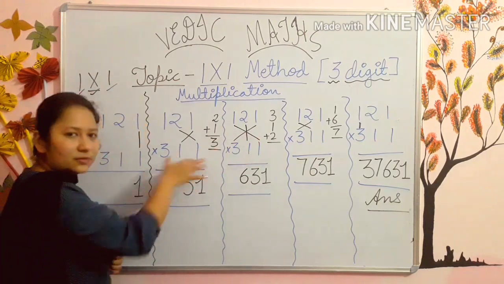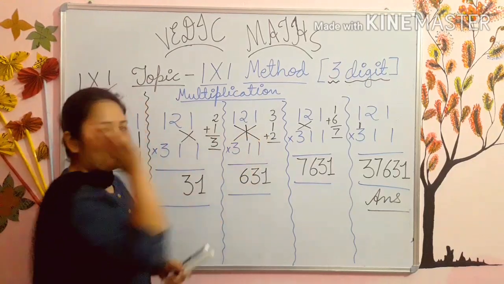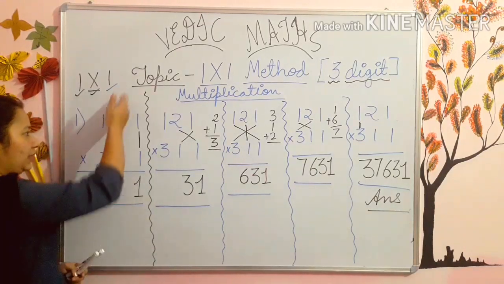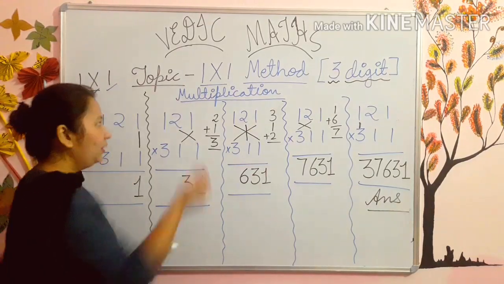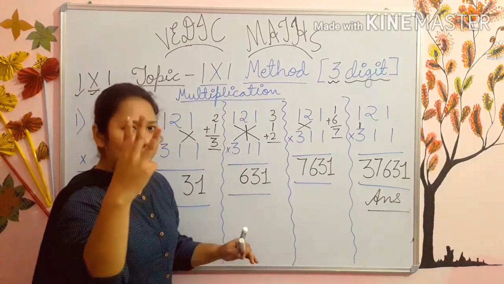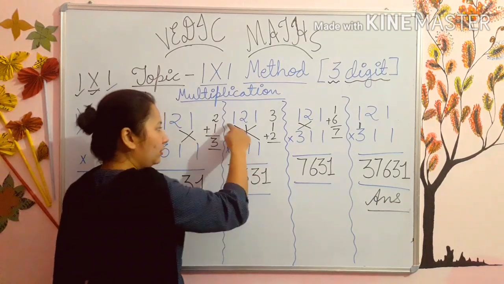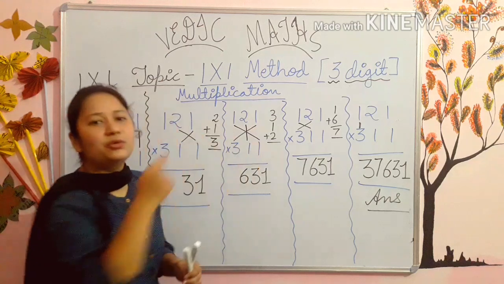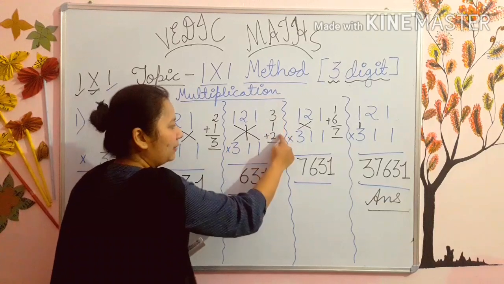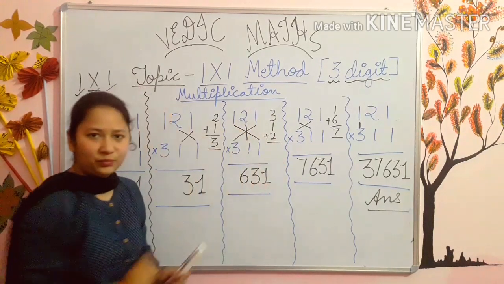Then after cross, what will you do? Again one more cross. One more cross means you have to take all the 3 digits this time. First of all, you have taken only one line. Secondly, you have taken 2 lines. Now you will take 3 lines. Kids, see this? 3 means how? This and the middle one also you have to multiply. And after multiplying, you have to add all the numbers. Like 3 ones are 3, 1 ones are 1 and 2 ones are 2.